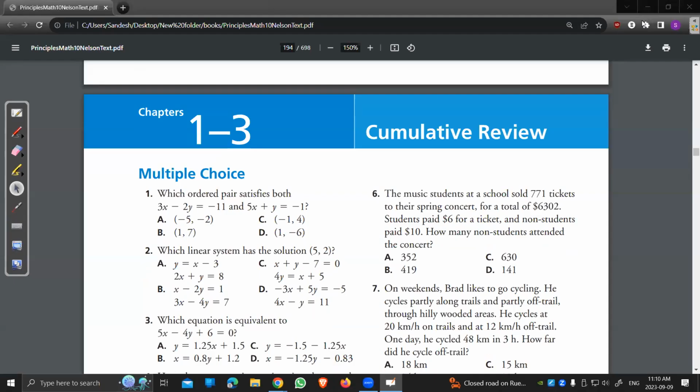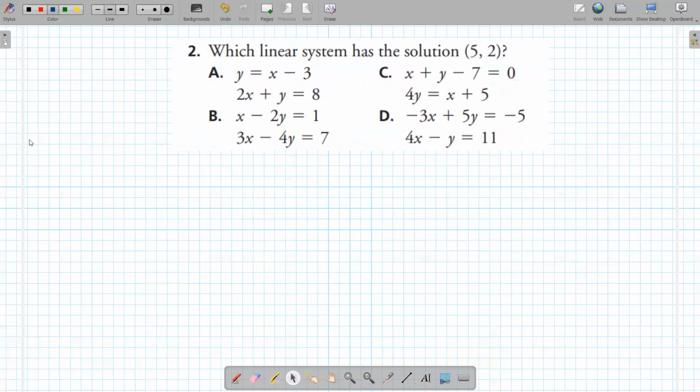Is it the same question? It's a little bit different. Last time we had one system, now we have 4 systems. So this one, what's the quickest way? I think the quickest way is to simply plug it in to see if it works, but we have to do it 4 different times. For A, right,